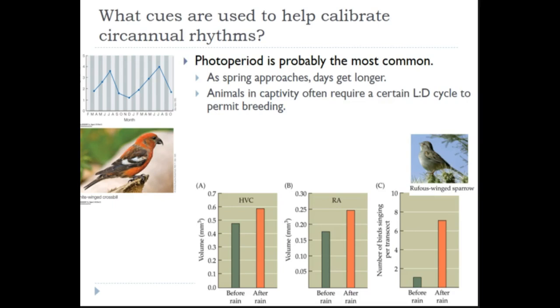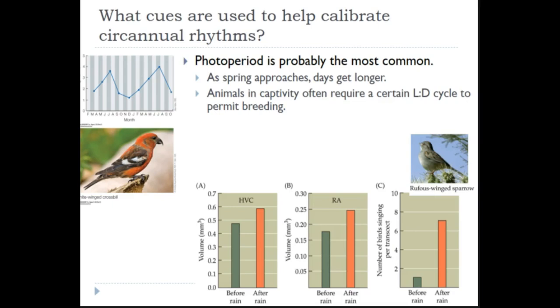This is the white-winged crossbill, where, in this study, these animals were kept in captivity, but the only cue that was allowed to vary was the light-dark cycle. You can see that their testis length did fluctuate and coincide with the light-dark cycle, so that in the June, July months, in both years of the study, they had maximal testicular width, and then it would degenerate in between, just like we saw with the stonechats.